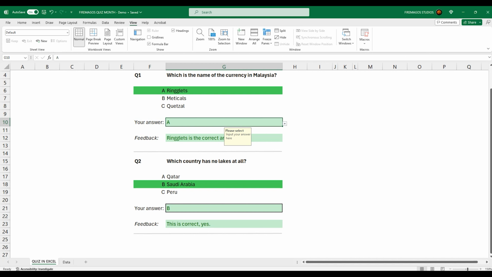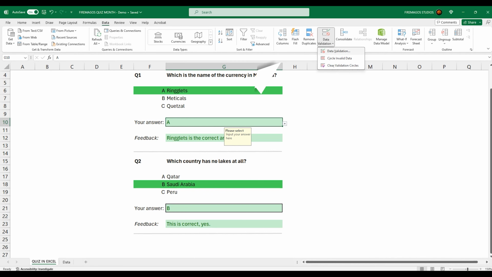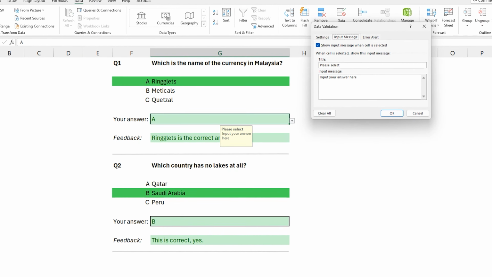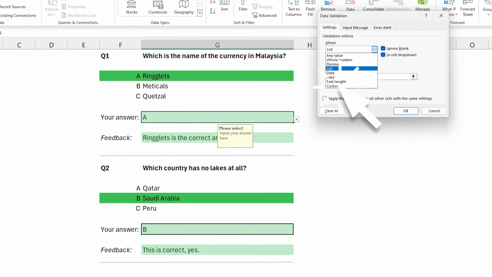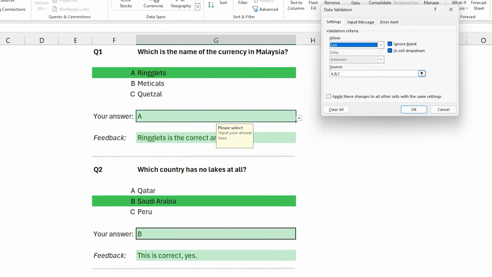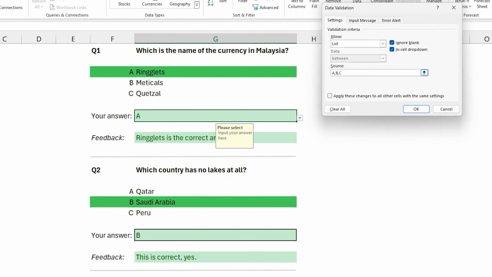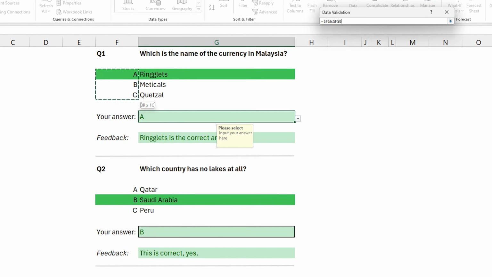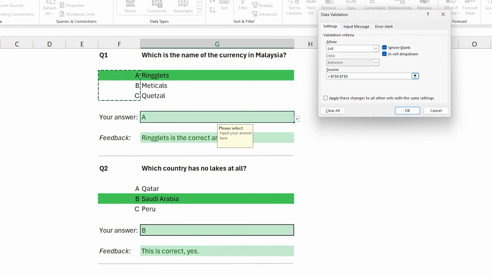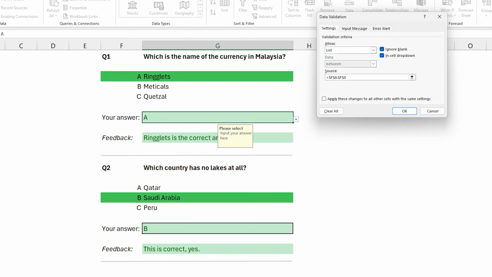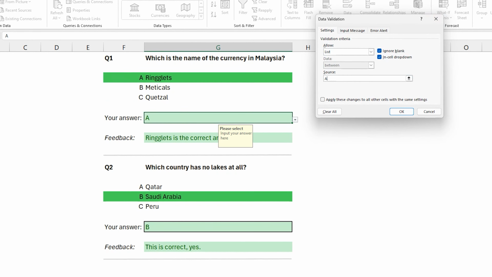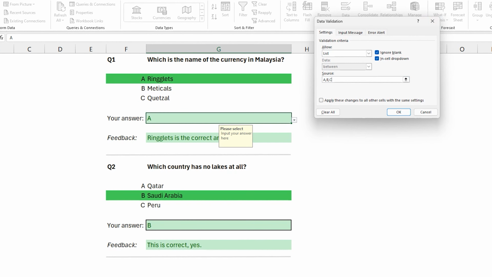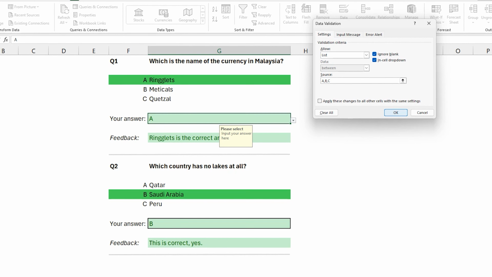And then for the participant answer, you can select this cell and go to data, at the right data validation, and then in the settings to select from this list of options, to select the list, and either to click on the arrow and select your options, or what else you can do is to type here A, B, C, because that will show however ABC.